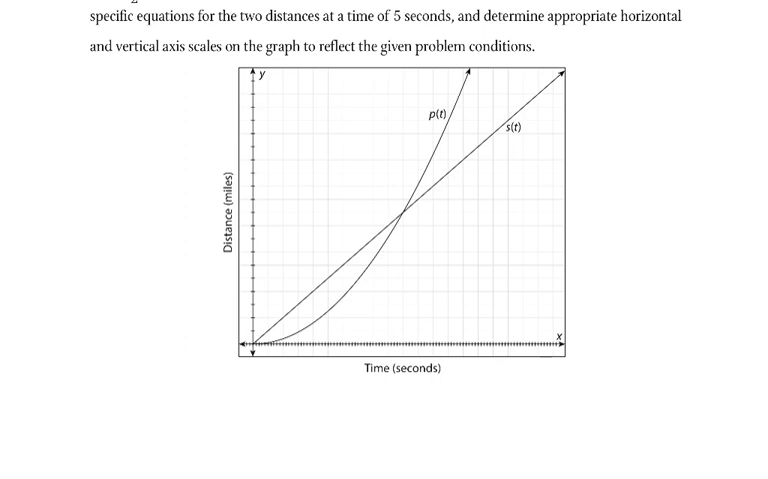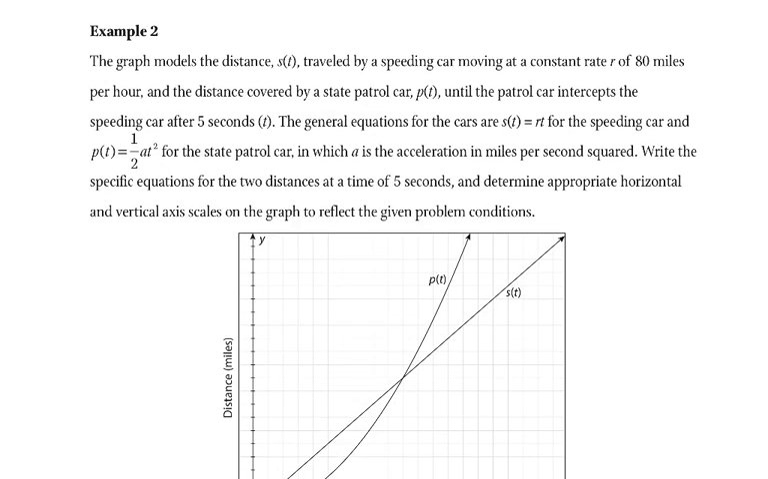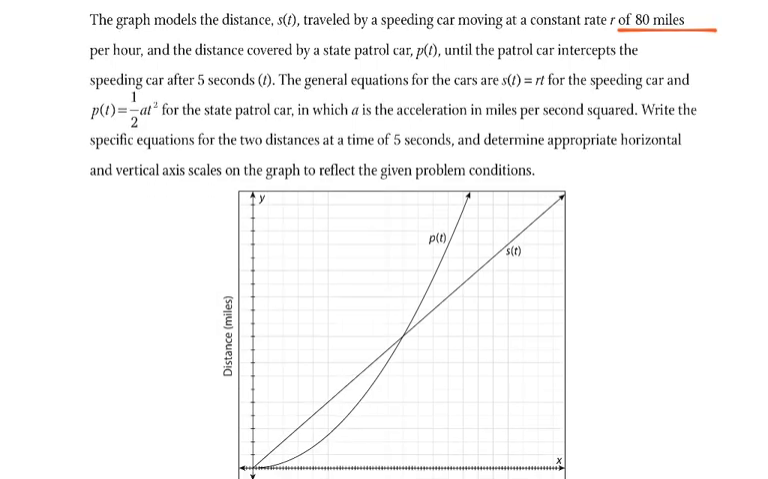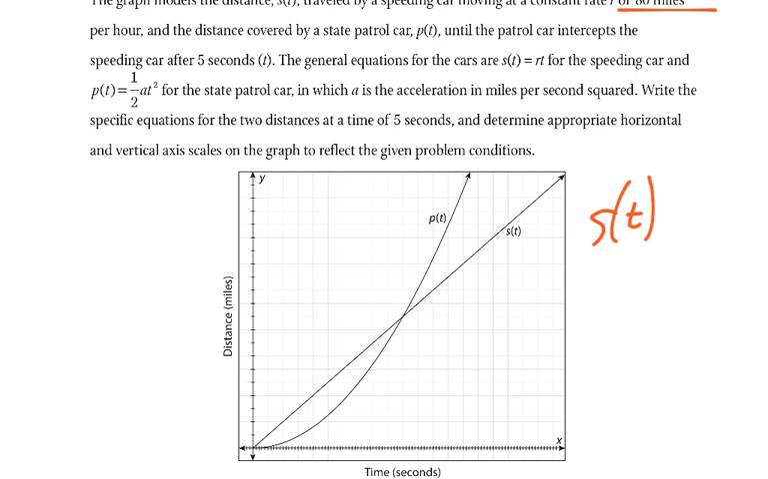So first of all, we've got to connect them to the same timeline, okay? Because the car is 80 miles per hour, that's its rate. So s of t equals 80 times the time. But that's in hours, 80 miles per hour. So we need to figure out how many miles per second we would get. So to do that, we want to think about 80. We have